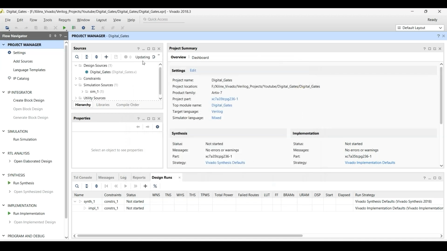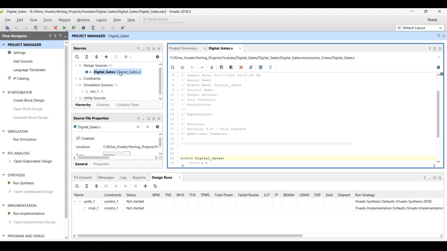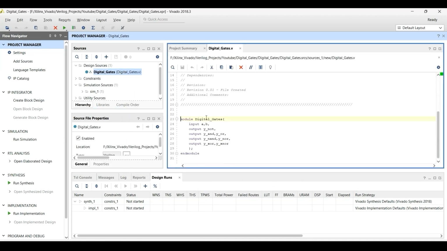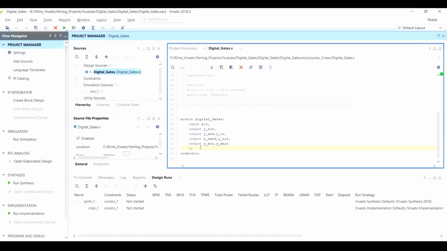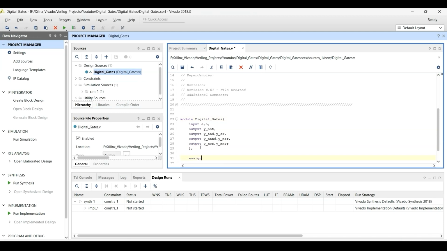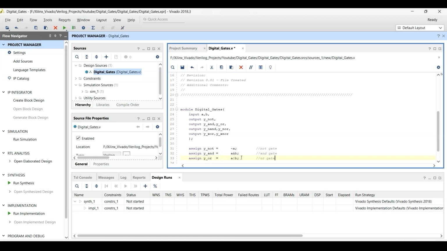Great. And here is our .v file. As you can see, I/O pins have been specified. Now let's complete our module. Use the assign keyword in Verilog to derive your output variables' values.